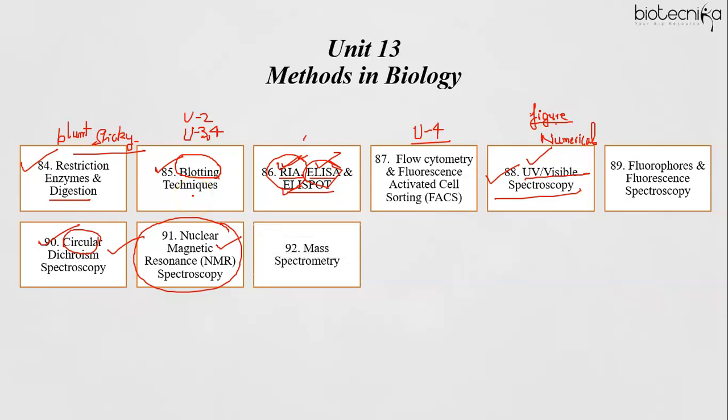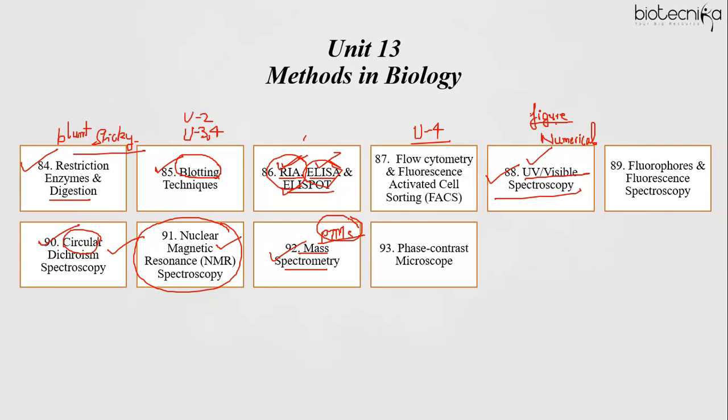Then mass spectrometry is also important. Part B or Part C questions are expected, and especially combination based questions are expected where you have to analyze the post translation modifications using mass spectrometry. To answer such questions, you need to be familiar with the principle and application of mass spectrometry, and also about different types of post-translation modifications like ubiquitination, acylation, glycosylation, phosphorylation and more.